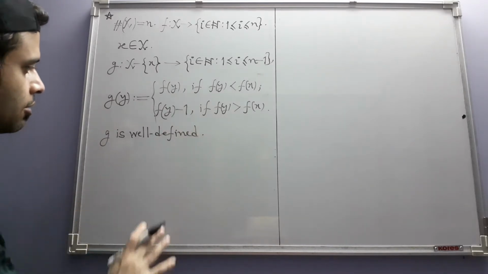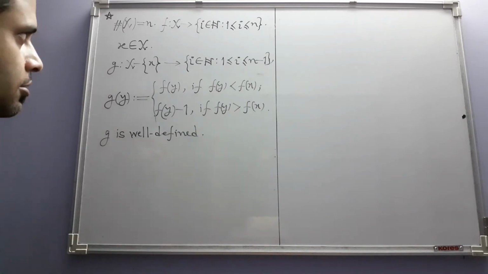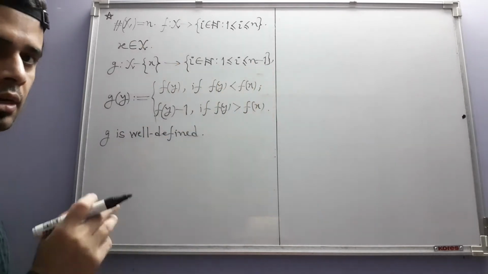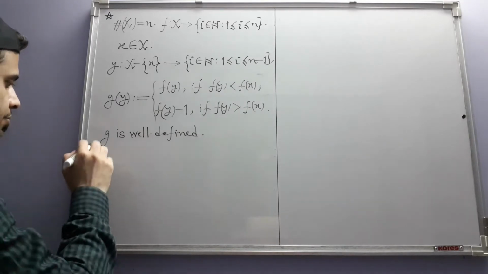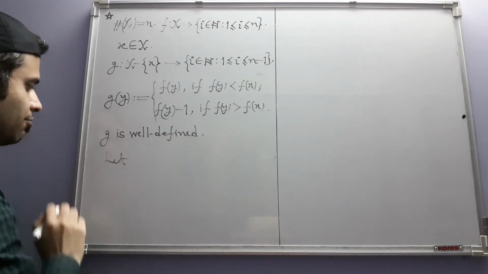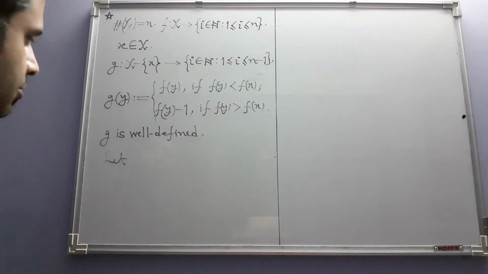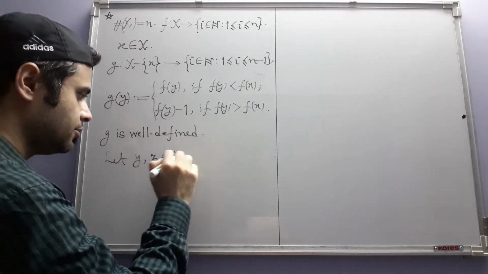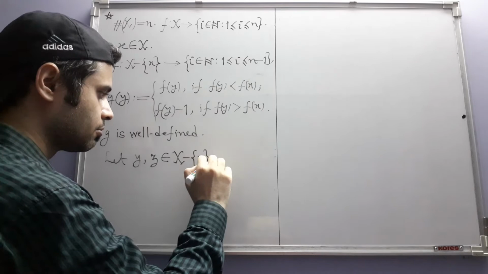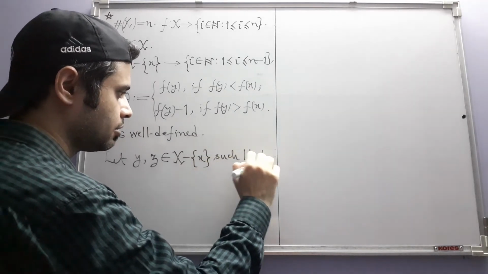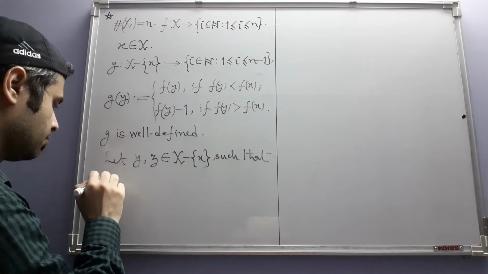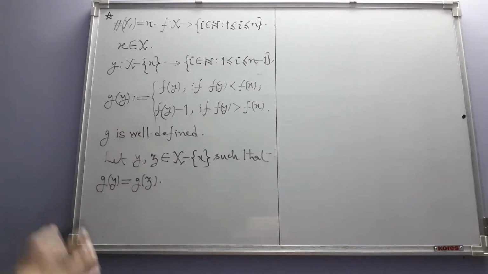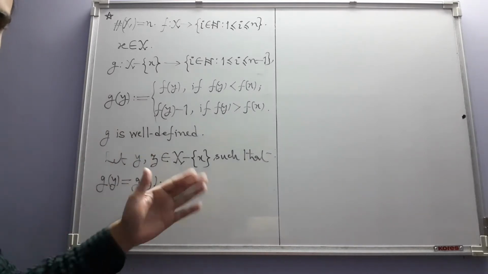So this much we have achieved. So now our next job is to show that g is actually a bijection. So that will tell us that the cardinality of this set is n-1, and that's the lemma. So let us now go for that. We will first show that g is injective, that is 1 to 1. So let us take two elements in the domain of g such that their g images are equal. g of y is equal to g of z. Our aim is to show that the inputs are also equal, that is y is equal to z.